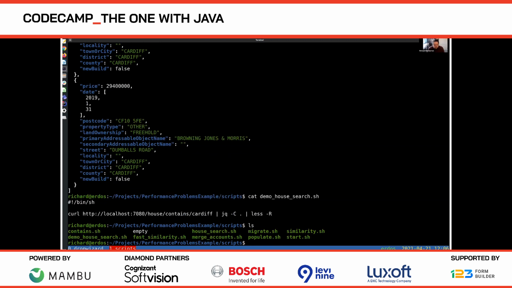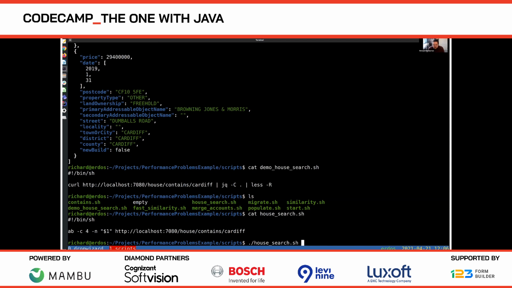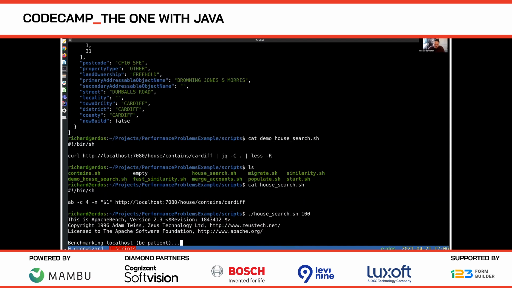Now, I've also got a house search benchmark script just to give you some load harness here, and I'm going to run it. We're only going to run 100 queries here because these queries take quite a bit of time to run initially, but you'll get the idea from seeing that as to what's going on in the system. I'm using the AB Apache benchmarking tool for that.